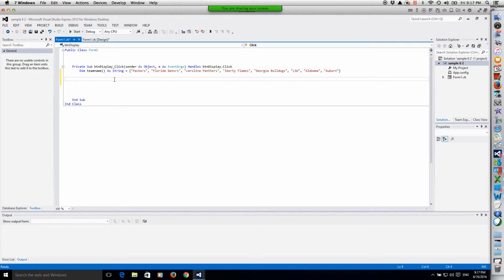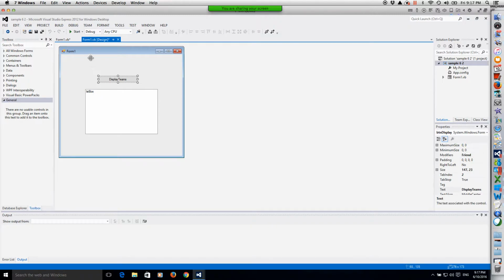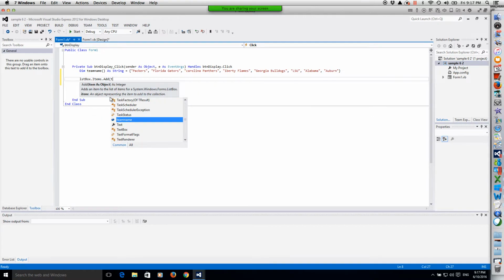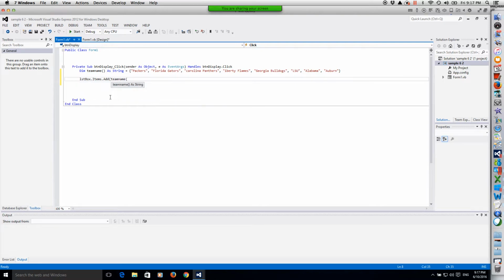So if I want to display to this list box right here, Packer, the placeholder 0, I would do list box dot items dot add, and then I want to do team name, which is my array, and I want to do placeholder 0. Okay, so what that's going to do when I run it,